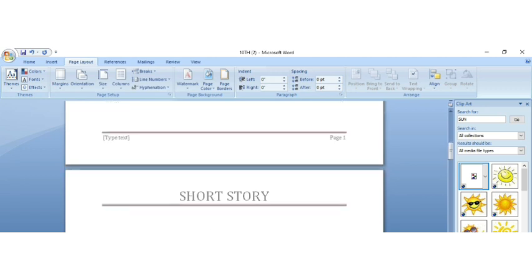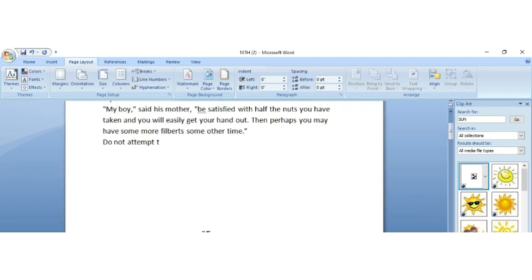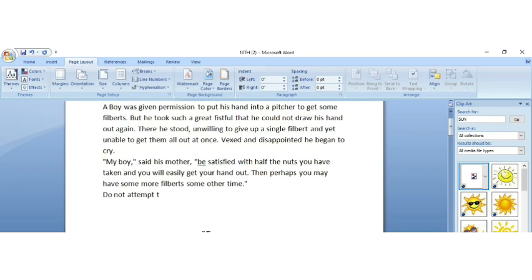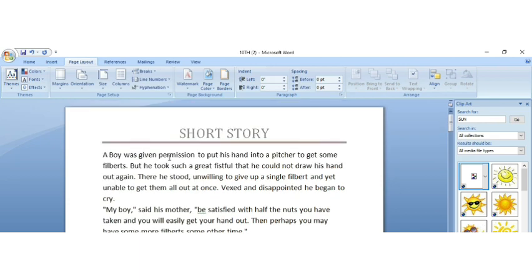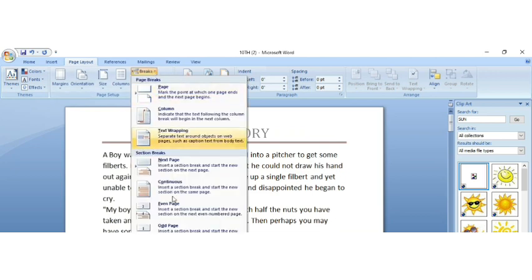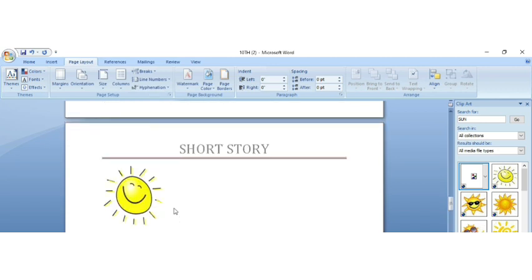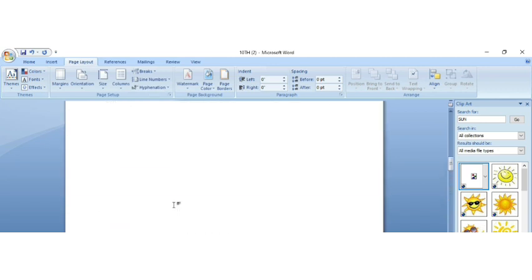If you want to write something in your even page numbers, suppose I want to write in page number 2, page number 4, page number 6, page number 8, page number 10, I want to write something special. So how will I write? I'll go back to the even page option. Now only even pages will appear in front of my eye.